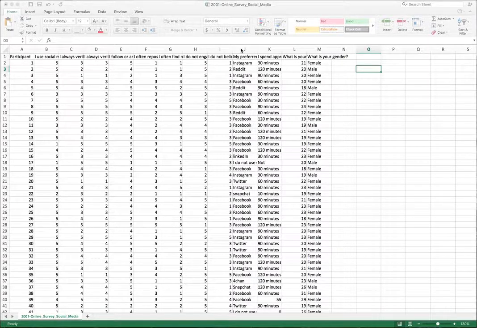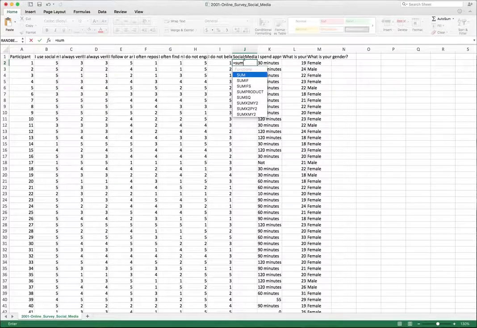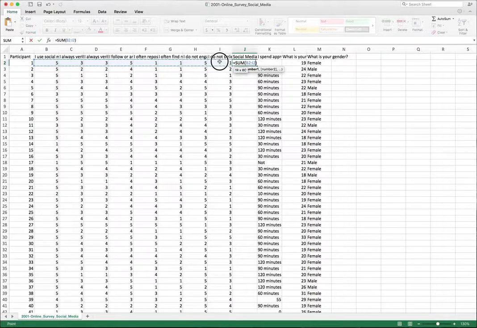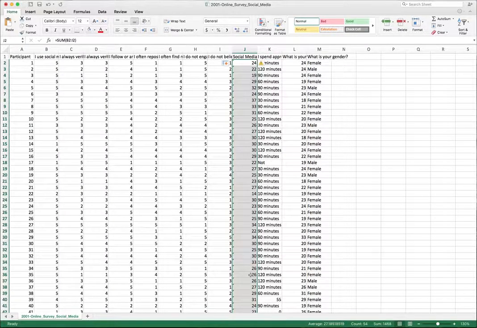The first thing that I'm going to do is delete this question that we don't use, so I can rename this column Social Media Total. To calculate total scores, I'm going to use the equals sum function and select each of these columns here, and then I will autofill this formula down through the rest of the rows. So all the participants have a social media total